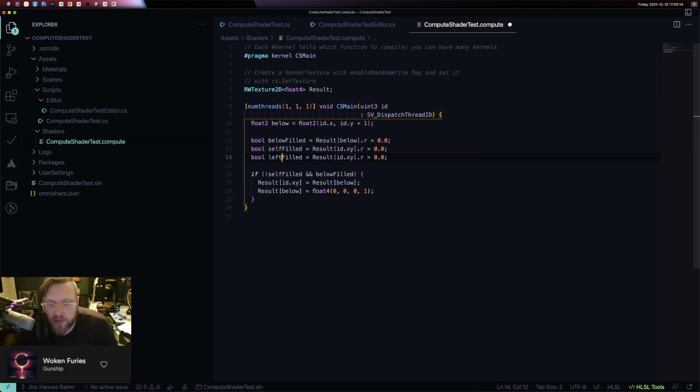Let's just call this left filled. So how do we want to handle this? I don't think we should do two passes. But it might be either way. So let's do